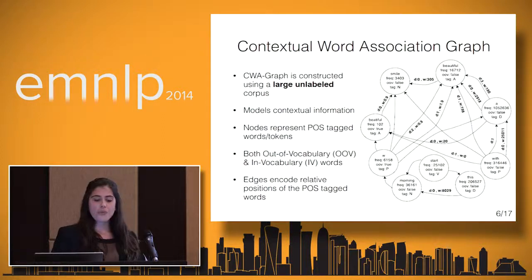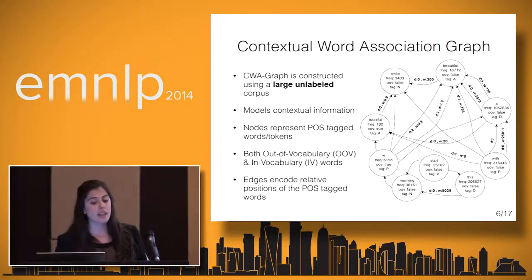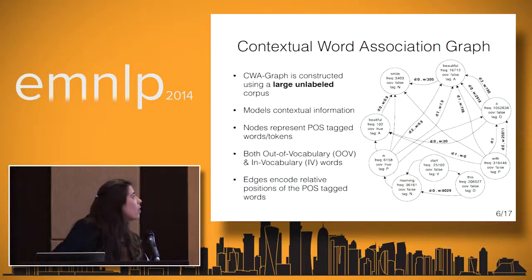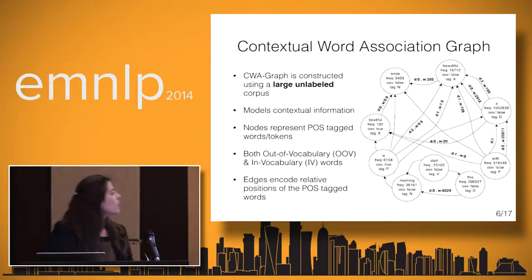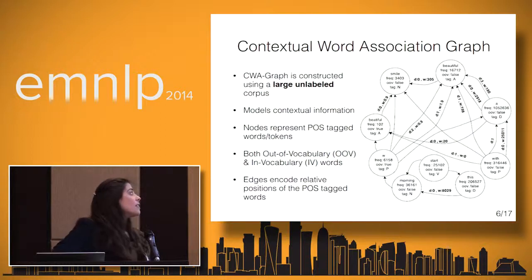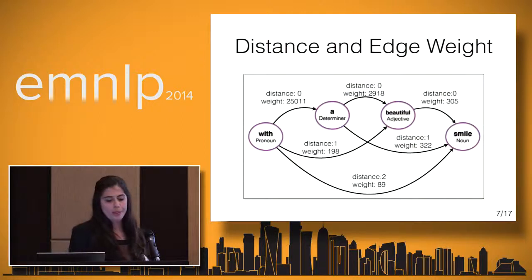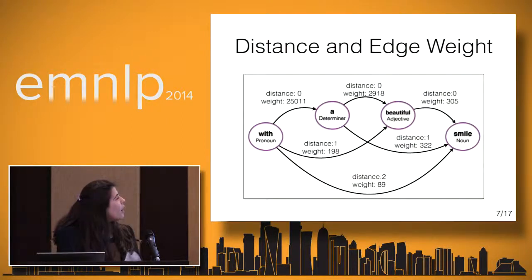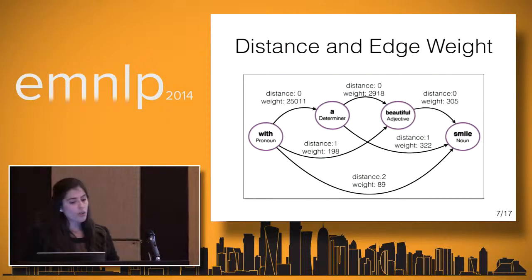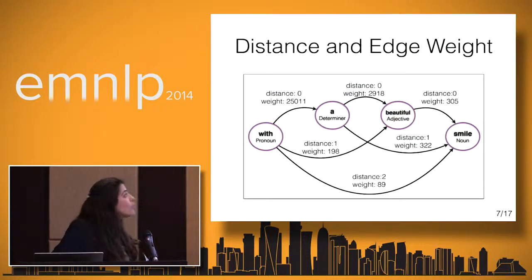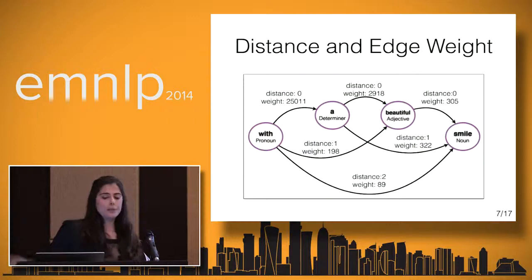The contextual word association graph is generated by processing a large unlabeled social media corpus. This is a small portion from our graph. The nodes represent POS-tagged words, and we have both out-of-vocabulary and in-vocabulary words in our graph. The edges encode relative positions of the POS-tagged words. We put a link between two nodes if they co-occur in our corpus together